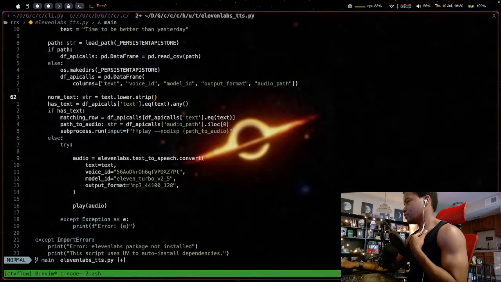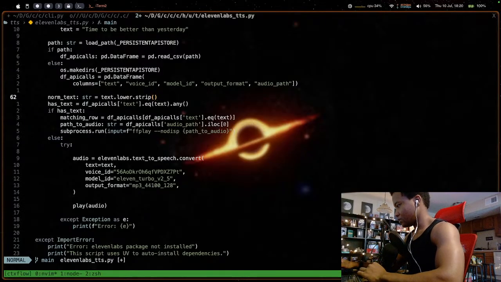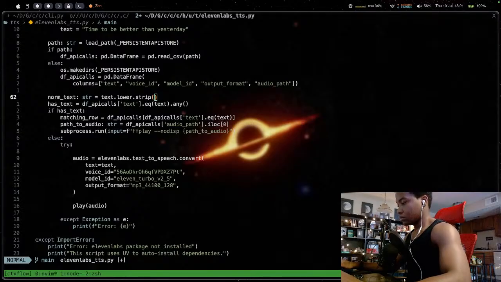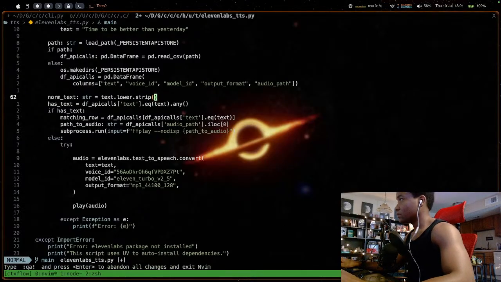So it should strip. Does strip automatically strip white spaces too? Oh, it strips left, right. Okay, I'm glad I looked at that. It's not strip, it's replace. So you replace all of that with nothing.